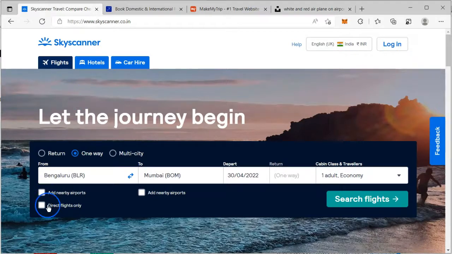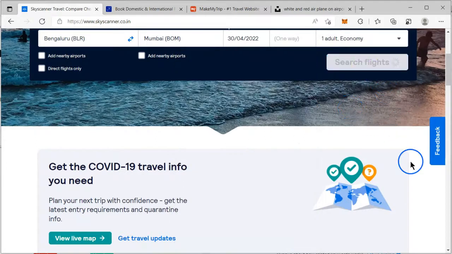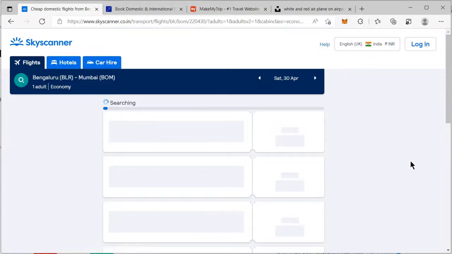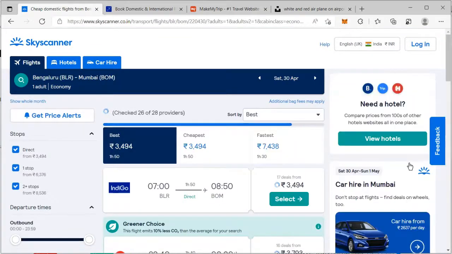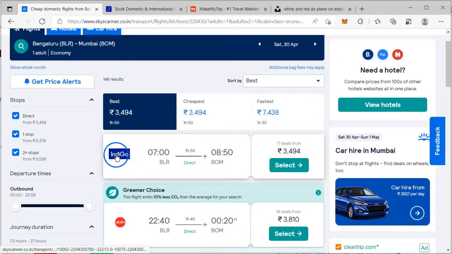Okay, so I have just given an example, Bangalore to Mumbai, on the 30th of April 2022. Today is the 25th, just to give you an idea that I am looking for a ticket which is just 5 days away, and that's a Saturday. I'll just search for the flights, and if you see, I'm getting the cheapest and the best deal on the Indigo flight, and the price is